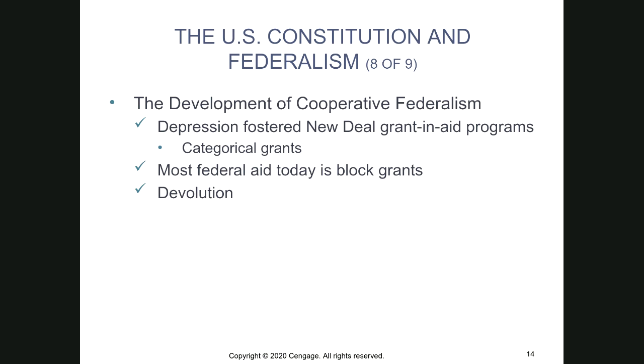So over time, instead of the federal government controlling all of these funds really closely and telling the states exactly what they could do with that, we start to see more and more relaxation. Sorry about that, y'all. So the idea here is that the states are probably going to know how best to spend this money and how best to impose their own restrictions without the federal government stepping in. That process, that loosening of the restrictions, is devolution.